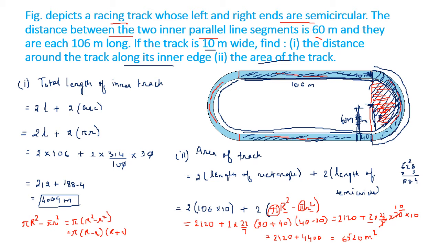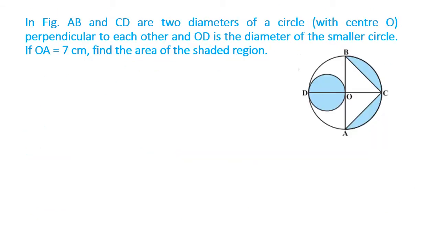So I do hope you are following these sums, because these sums are simply based on what? Breaking up of the areas into different parts. So this whole circular track, semicircular track, we broke up into rectangles and semicircles. So we were able to calculate the area. Now this is again another sum. Let us see the measurements and then begin with the sum.